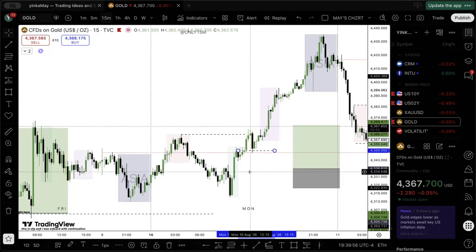What that means is it is a valid fair value gap because we can see an expansion ensue from it. So we can see an expansion come from that fair value gap. It makes that fair value gap a valid fair value gap. Anything that causes an expansion is valid in the market. Why? That's what you're looking for. When you get into the trade, what are you looking for? Speed.